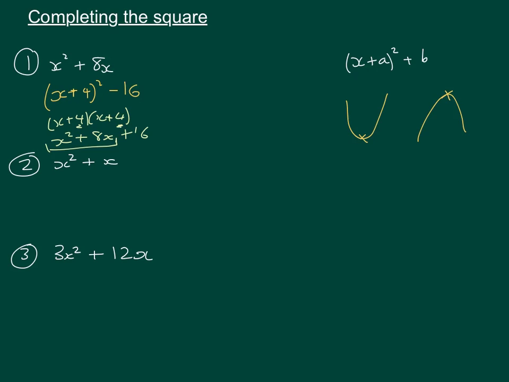This one's different because we're going to have a fraction in our A term here. So we'll have x, and then we half the coefficient, so it'll just be plus a half all squared, and then take away this number squared. That number squared is a quarter, so we're going to subtract a quarter. So if we look at the next one,